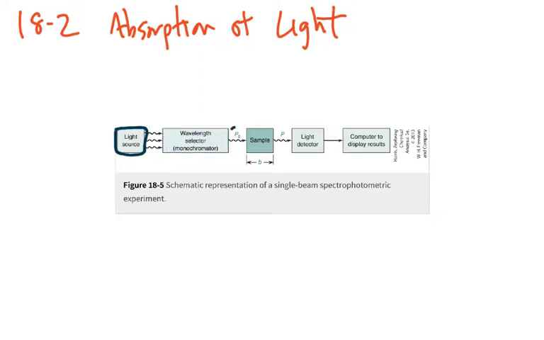which we call P naught. The power of that would be P naught. It's going to interact with the sample. Something is going to happen. It's going to interact with it somehow. And the light that continues out is now impacted by whatever happened inside the sample, and we'll send that to a detector and determine the power P. Ultimately, this goes on to some sort of computer to either display the results or do some sort of analysis. So if we want to know the fraction of light that gets through the sample, which would be T, transmittance,